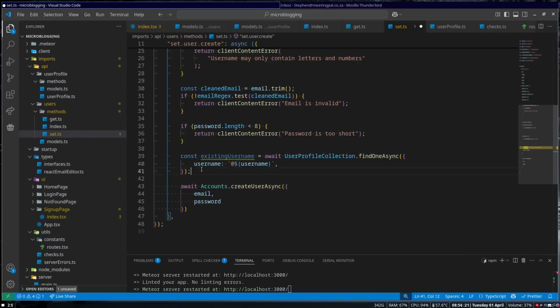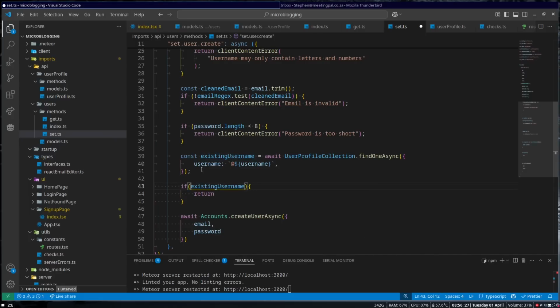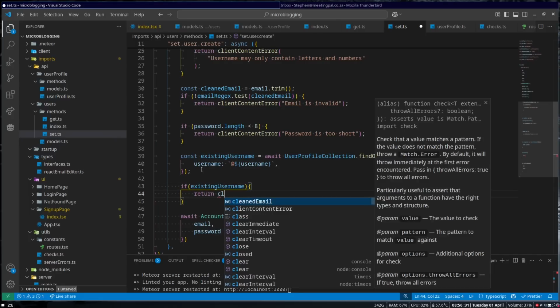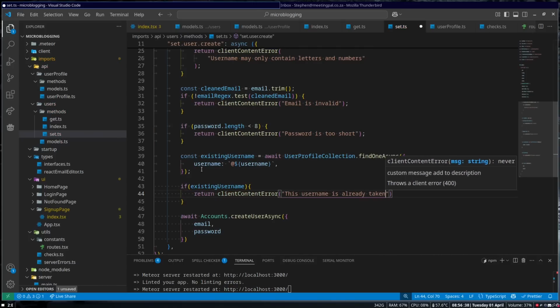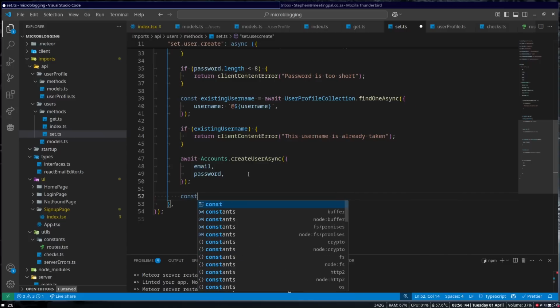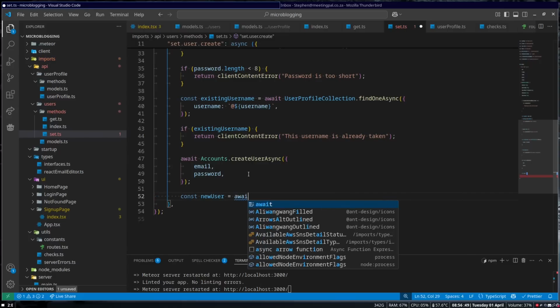And we also just need to check that existingUsername. So if existingUsername, return. So if someone already exists with that username, because it needs to be unique, we can return a client content error: this username is already taken. And in here we go const newUser. So we're making a new user is equal to await